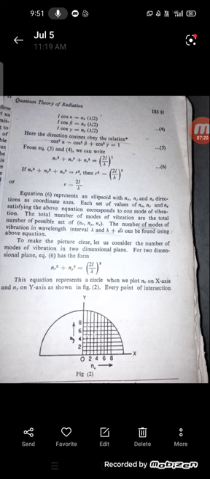Then nx, the number of waves traveling in the x direction, is equal to 2L by lambda, and from this the L value is nx lambda by 2. Similarly, the L value in all the directions will be ny lambda by 2 and nz lambda by 2, with all the possible axes alpha, beta and gamma. Then what values did we get?